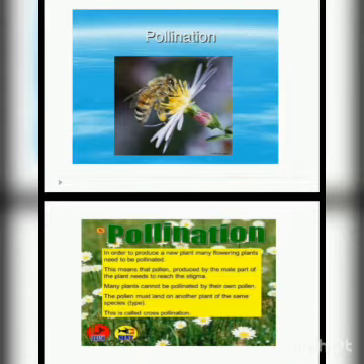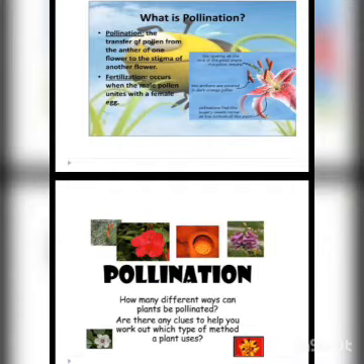So this is about the structure of the flower having four parts, that is sepals, petals, stamens, and pistils. Next topic is pollination. Pollination is what? Pollination is the transfer of pollen grains from the anther of one flower to the stigma of another flower. And when the male pollen unites with the female egg, then fertilization takes place.